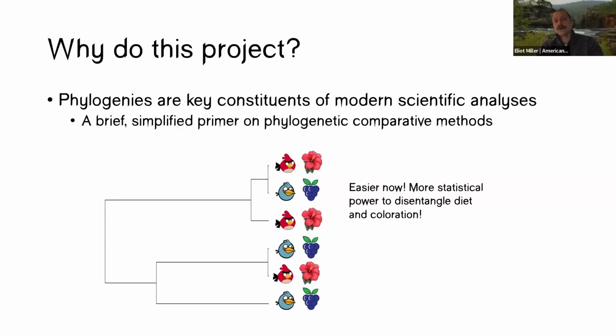We have this multiple origins and shifts in state that are correlated with shifts in diet. And now we have more power to make these statements. So scientists need phylogenies like this to run analyses and disentangle these factors. To date, scientists have either restricted themselves to phylogenies that they custom make for their research, or they take advantage of previously published phylogenies and then prune them down to the species that they want to focus on.